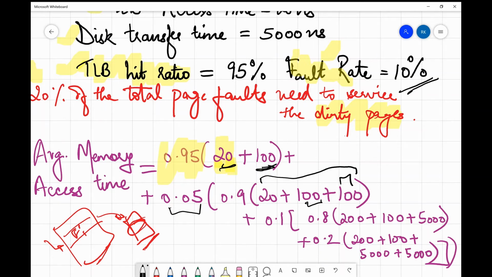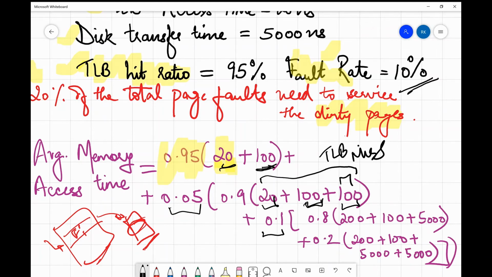Now since there won't be any page fault, the time access would be as in the normal scenario when a TLB miss occurs. So this is the case of TLB miss. What we are writing over here is TLB access time, and this is, let's say, page map access time, and then this is main memory access time. So twice the main memory access takes place. Then in the remaining 10%, 0.1 times, what happens is a page fault occurs, right?